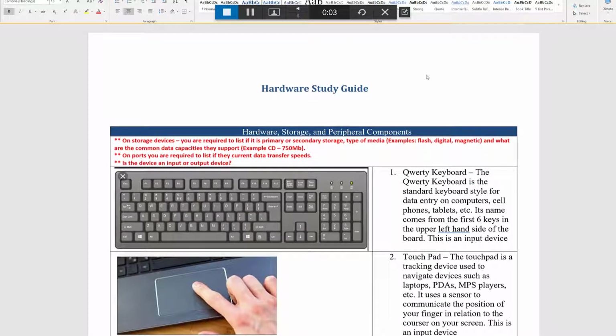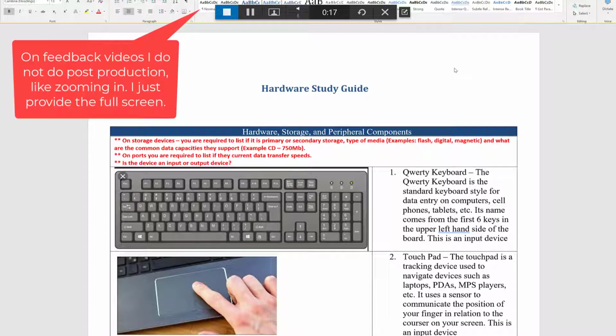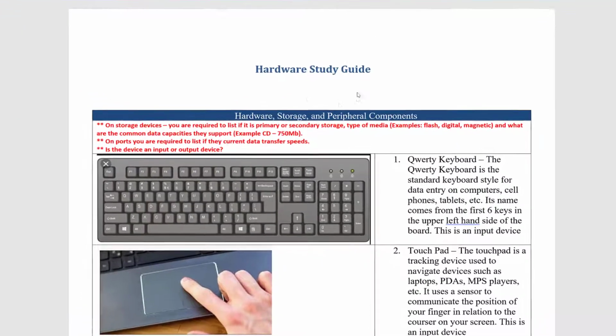Hello, student. Hey, Eric Magidson here. I wanted to provide a quick personalized analysis of your hardware study guide assignment. Now, clearly within our content management system, Blackboard, you had comprehensive instructions. You also had a video that described how to do this assignment, and then a reminder within the Word document template that I gave you right here,